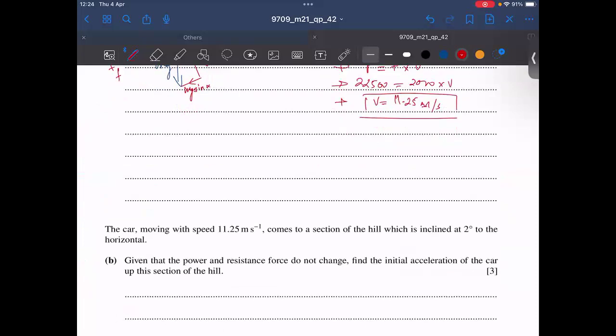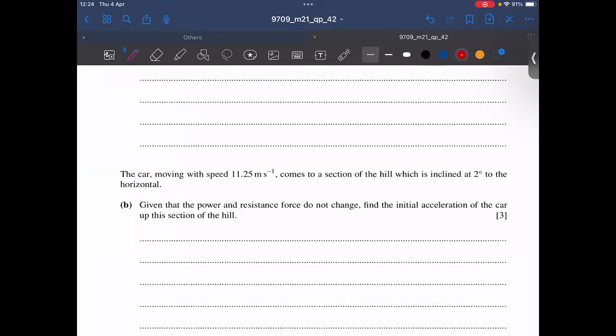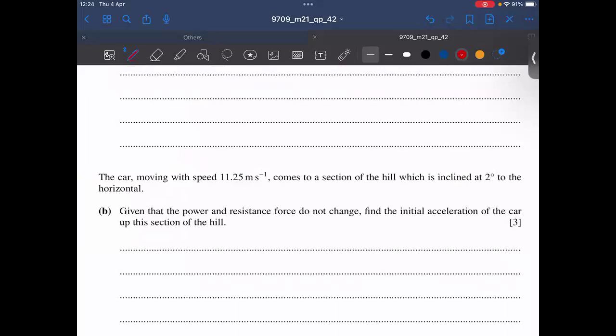Yes, sir, clear. The car moving with a speed 11.25 meter per second comes to a section of the hill which is inclined at 2 degrees to the horizontal. Given that power and resistance force do not change, find the initial acceleration of the car up this section of the hill. Now, they are saying that the car moving with a speed